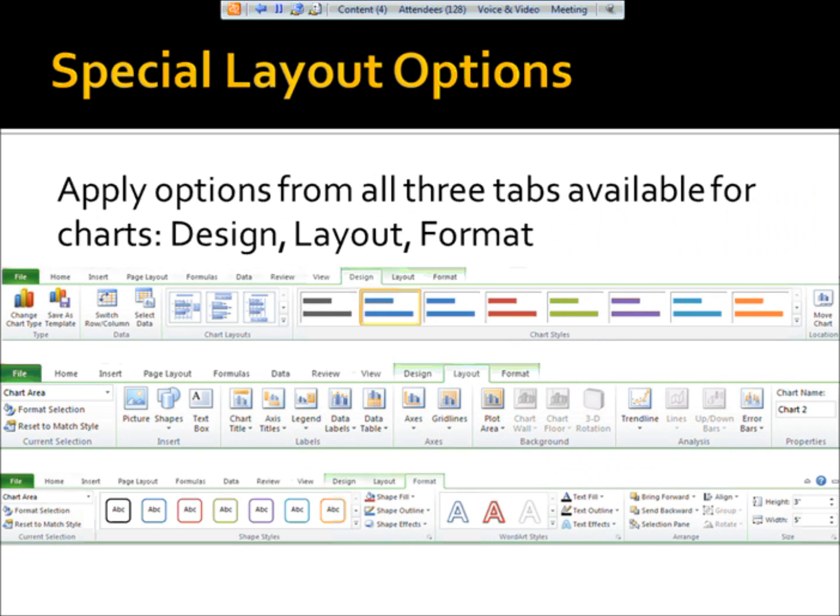In Excel, there are 3 tabs that appear when you create a chart. These are tabs that are not part of the normal ribbons, but they appear when you create a chart. They are the Design tab, the Layout tab, and the Format tab. And it's important to get familiar with these, and I guarantee you it's going to take a while if you